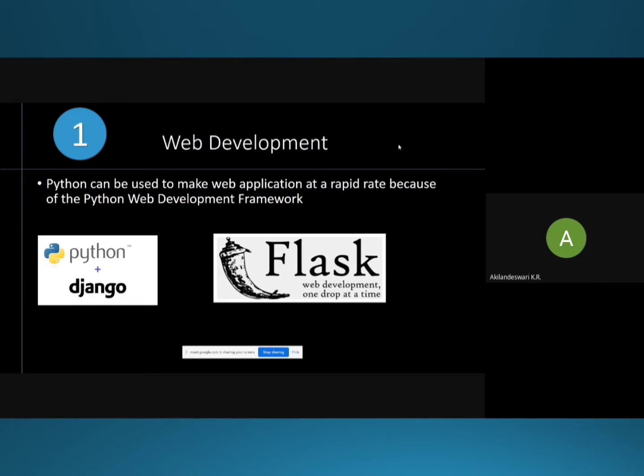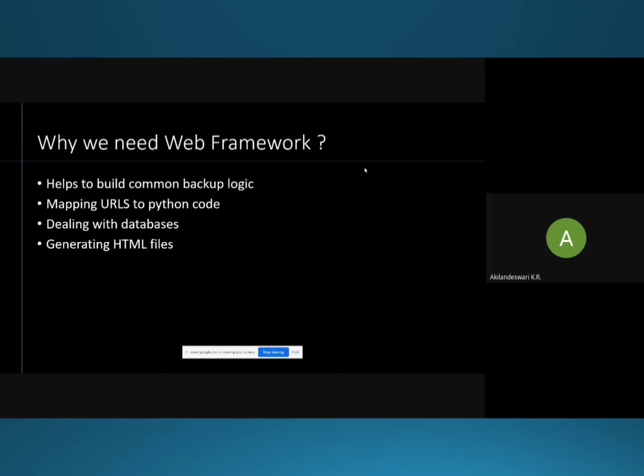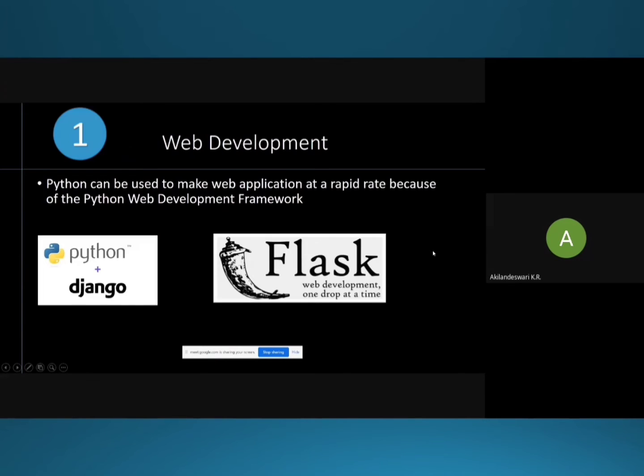Okay, thank you. So having spoken about the framework, let us understand why the framework is important in web development. A framework makes it very easy to reuse the code, and the most important frameworks used in Python are Django and Flask. There are so many, but these two have a major role to play in the